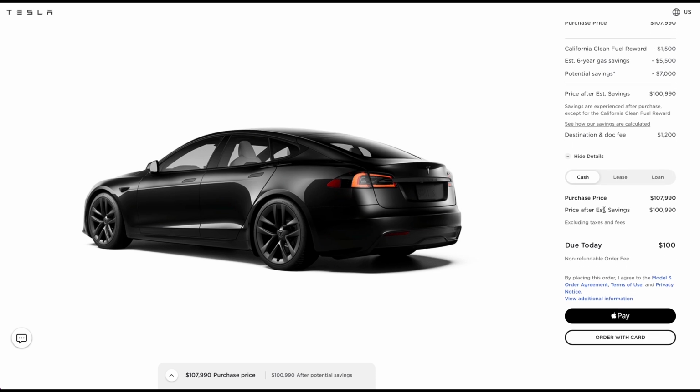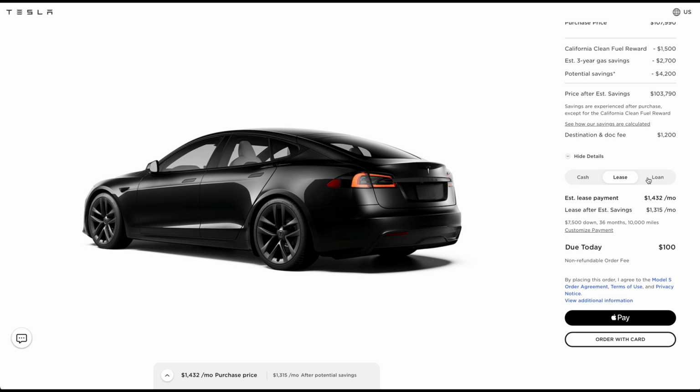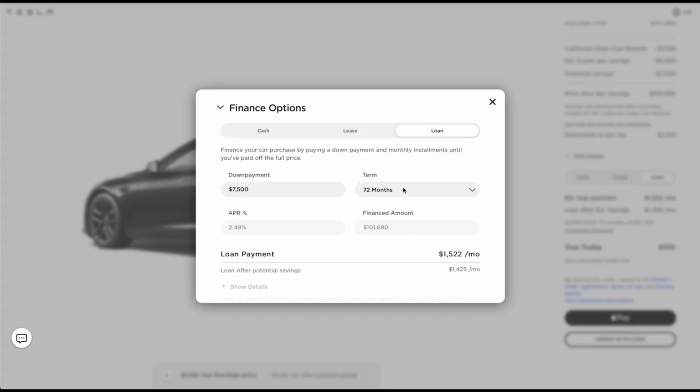So down here you can see, what do you want to really do with your option? You can buy it all out in cash, you could lease the car, you could get a loan on the car, and then there's a really nice customized payment here. So if I go ahead and click on a customized payment, it's going to give you a really simple calculator where if I put $7,500 down on the car and I wanted to pay it over 72 months at a certain APR percentage, which is what Tesla offers for people that have excellent credit, it's going to show you your financing